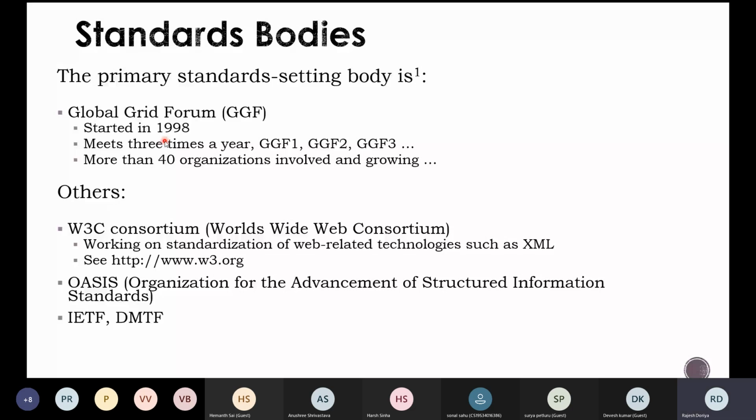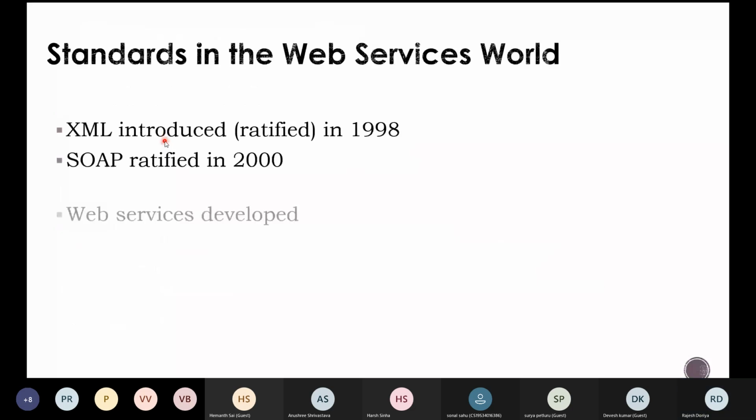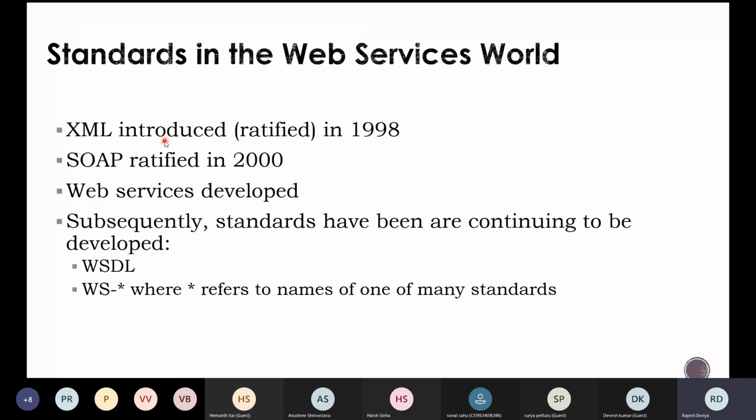Then these are the standards which are there in web services, and we use these standards in grid computing as well. I guess we discussed these in the last class as well. So we will need XML, the SOAP protocol, and the web services which have been developed, right? And all these services are going to be specified with your Web Service Description Language. So the moment one is in need of any service, all those services are going to be defined with the help of the Web Service Description Language.